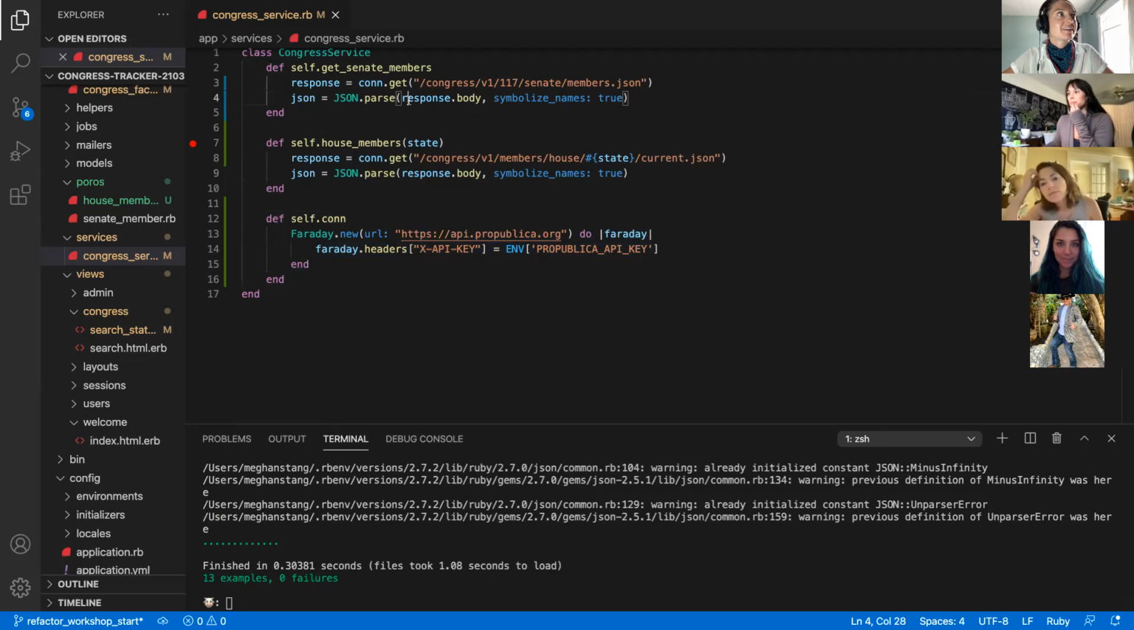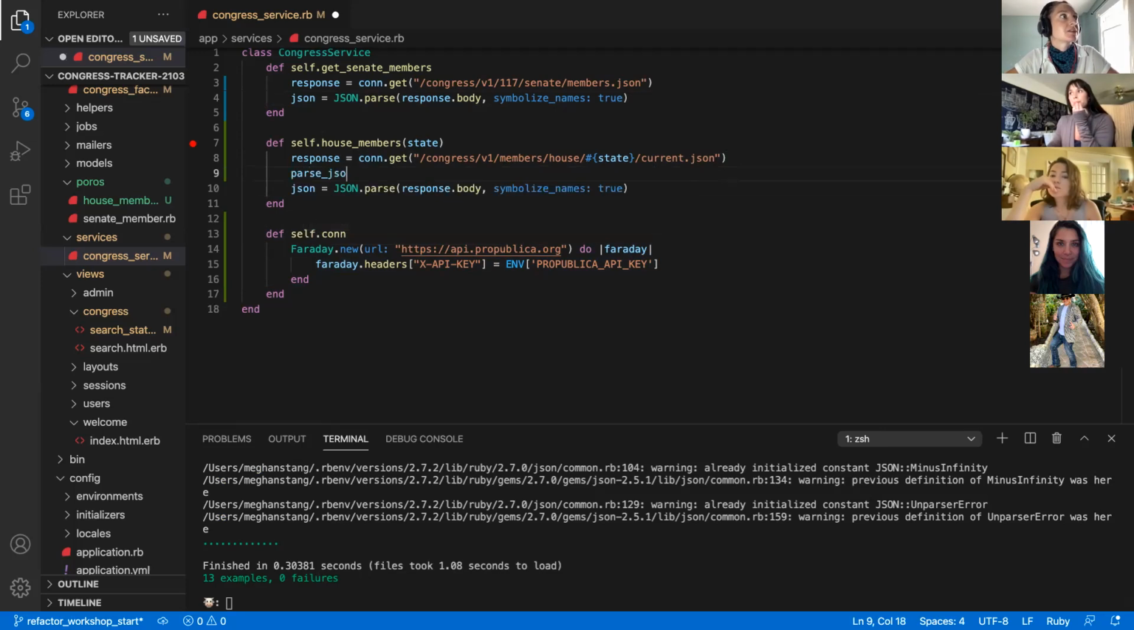And then I think the other thing that we could definitely pull out, and I know I mentioned this earlier, is since we want to work with JSON, we want to parse our response body to be able to pass it off to, in our case with our facades, a Poro to be able to create objects out of. But in order to do that, we have to parse our response body, and these are identical. So what we could do here is say parse JSON. Let's go ahead and pass it the response. And then let's make a parse JSON class that takes in a response